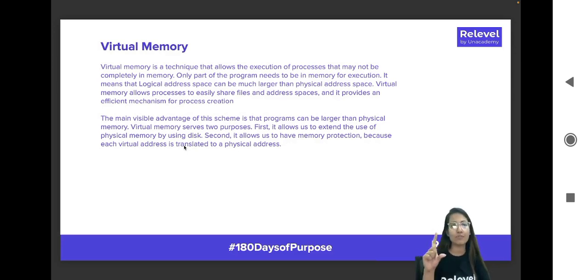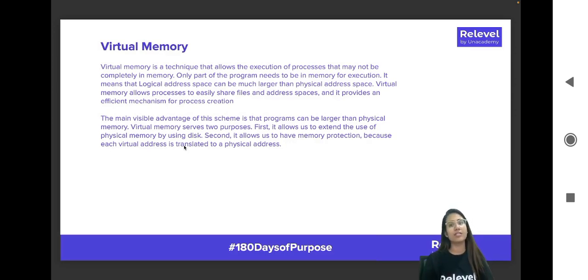Physical address space is where you actually have your main memory present, and logical address space is far bigger, and physical address space is smaller. Using virtual memory, it allows processes to share files and address spaces, and it provides an efficient mechanism for process creation. The main advantage of using this kind of a scheme is that programs can be larger than the